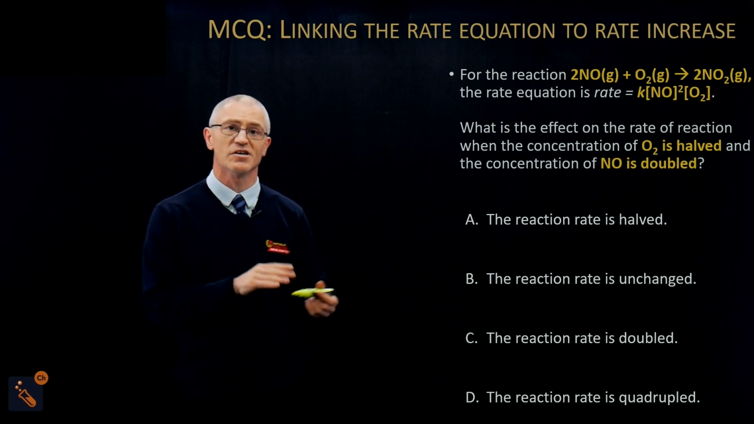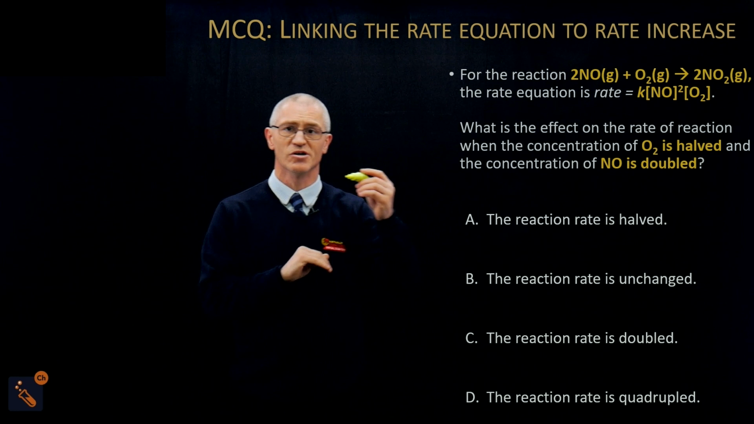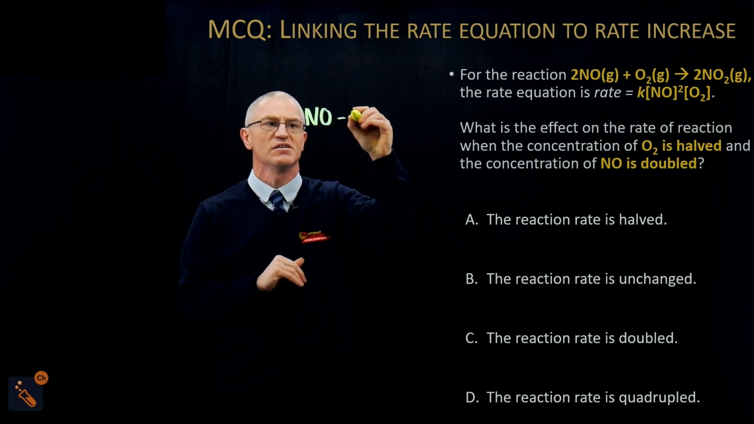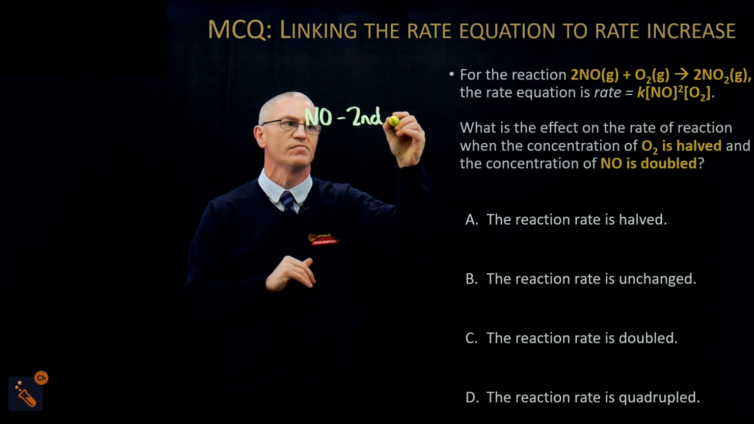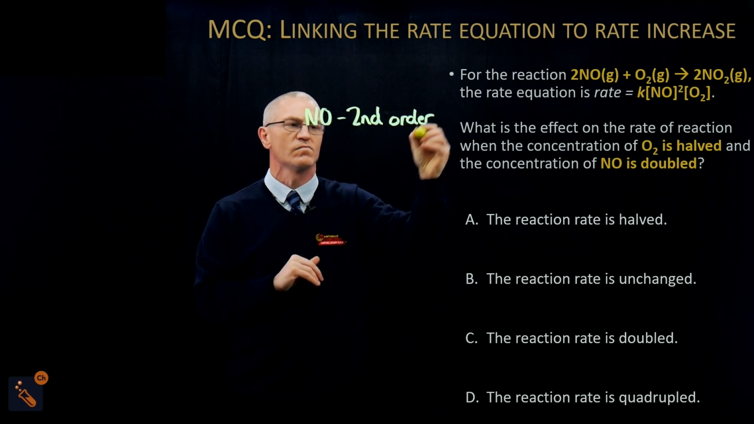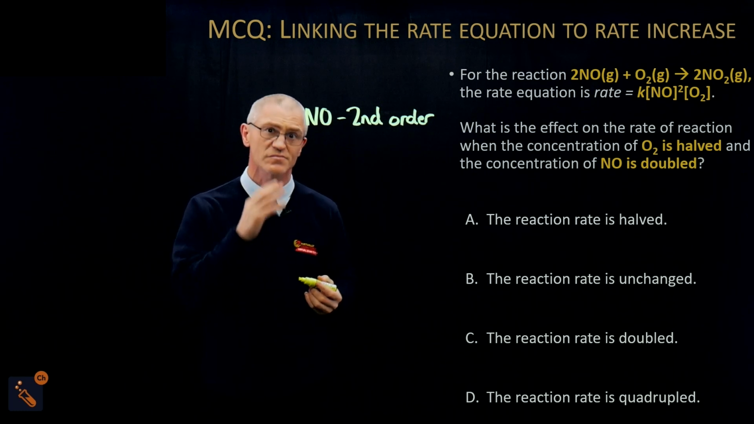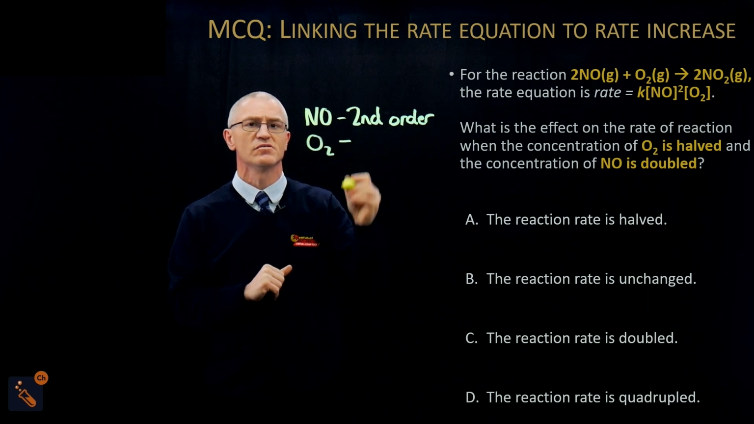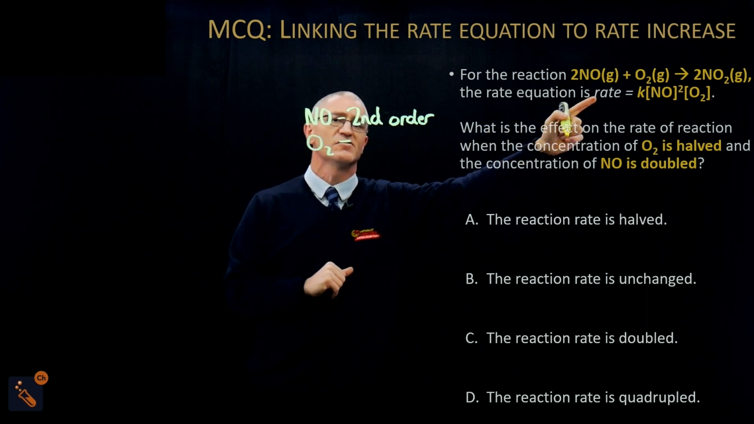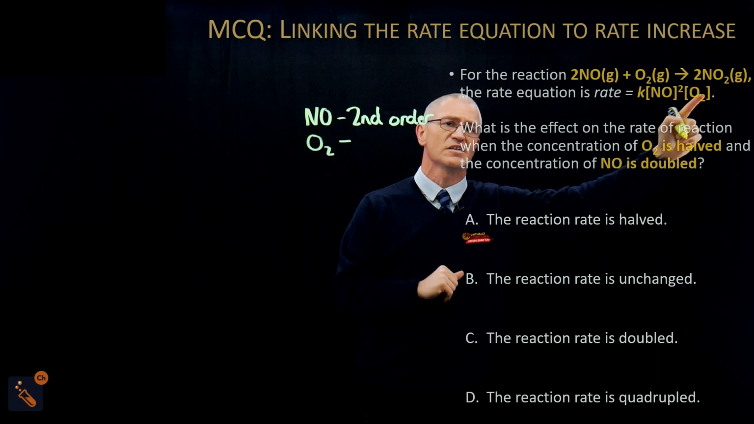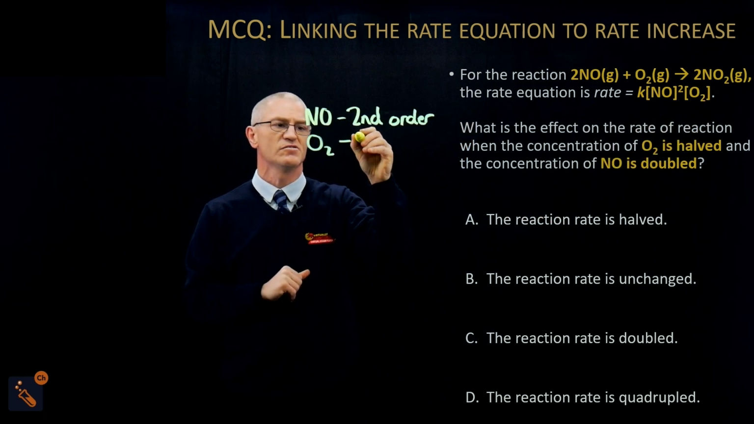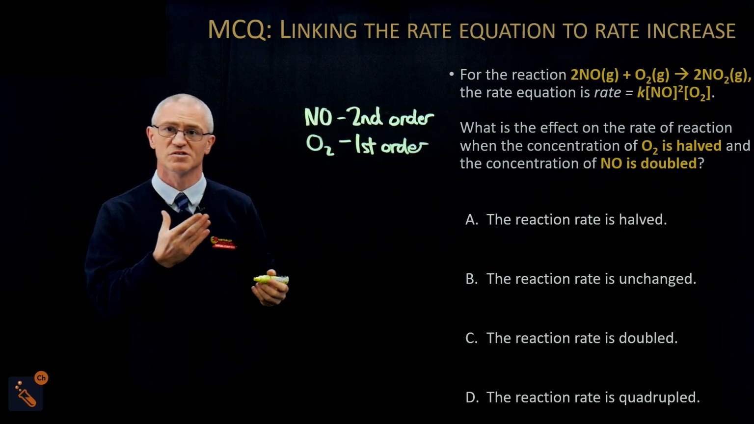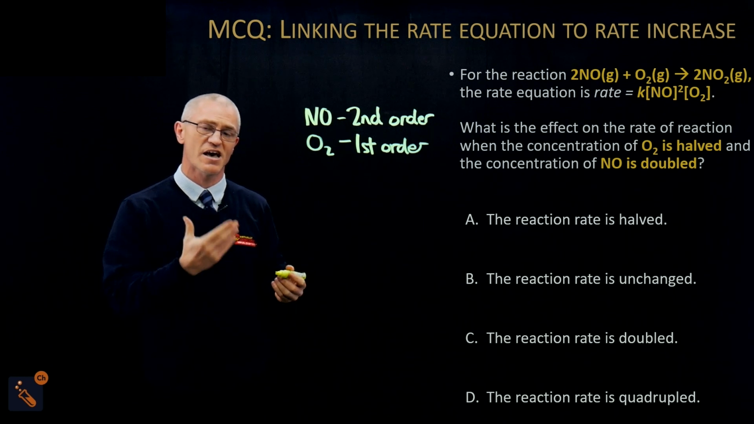So if you look at the rate equation, you can see NO has a 2 by it. So that means NO is going to be second order. Okay, so second order. If we then go to O2, O2 has no number by it. If you look in this rate equation, there's no number right here, which means that is first order. So we found out what our orders are, and we need to go from there and think about what the